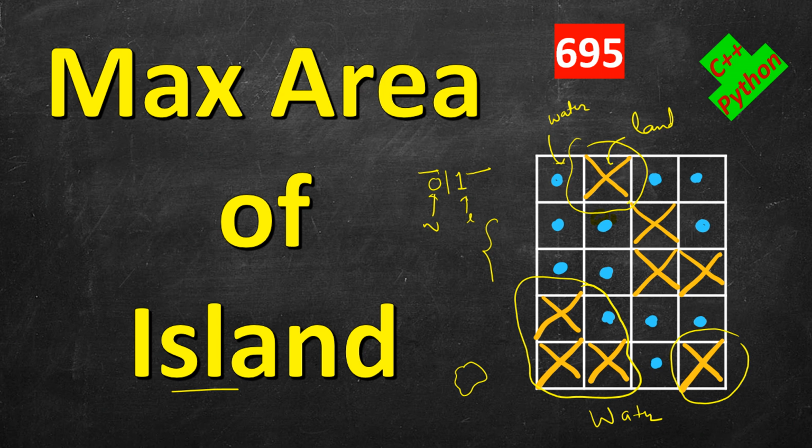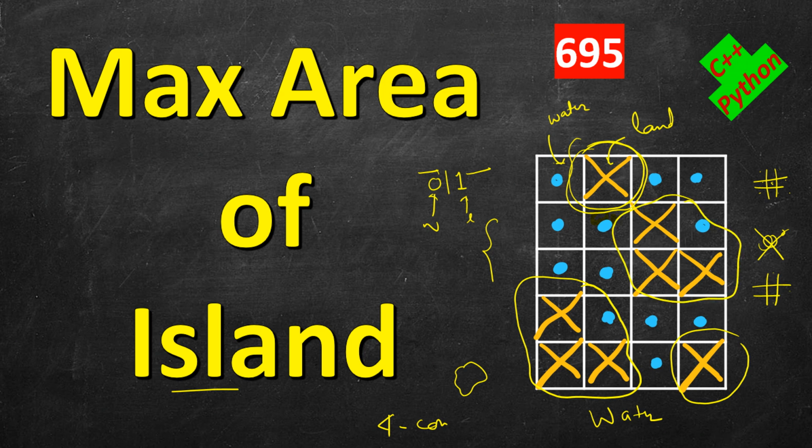So there are multiple ways to distinguish neighbors. There is a notion of 8 connectivity where we have 1, 2, 3, 4, 5, 6, 7, 8 neighbors. So even diagonal neighbors are considered, but sometimes we are just considering 4 neighbors, that is top, bottom, left and right. So in this case we will use 4 connectivity to determine the neighbors. So this small piece of land is not connected to the second one,